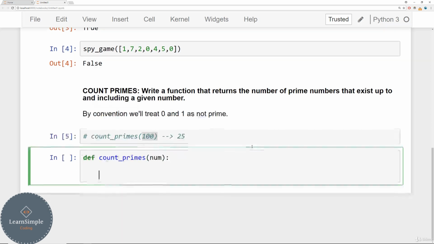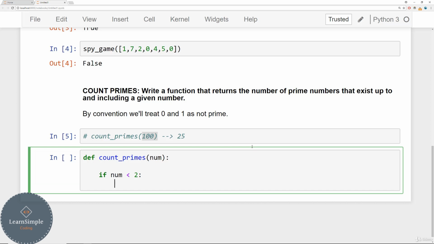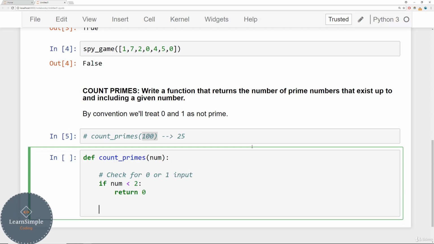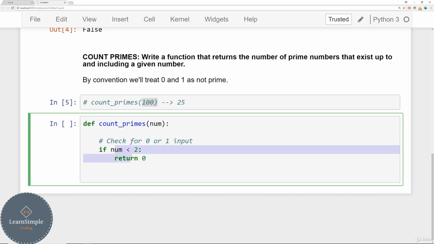Now, since we're treating 0 and 1 as not prime, we might as well have a quick check for them. So I'm going to say if that number that the person inputted is less than 2, meaning it's 0 or 1, or it's a negative number, we'll just return 0. So this is our check for 0 or 1 input. Now, if we've not returned yet after this check, then we know we're dealing with a number that's 2 or